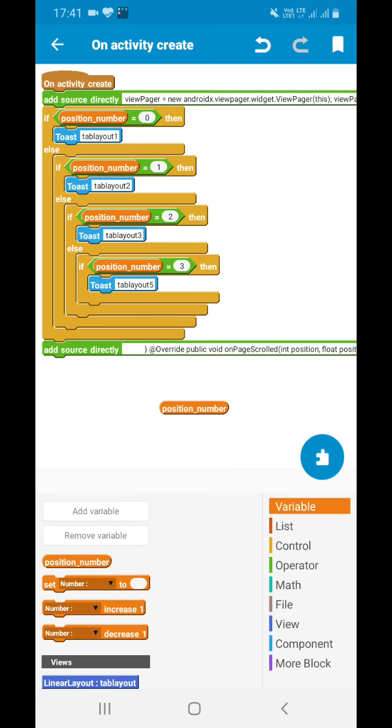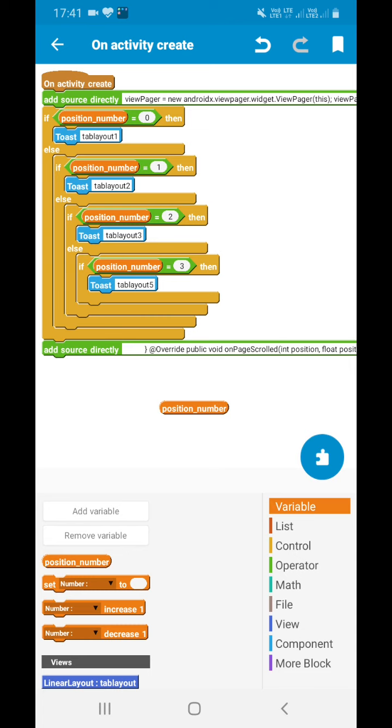Then you have to give 4 if else, sorry, 3 if else and 1 if. Where position is 0, then tab layout 1. If position is 1, then tab layout 2. Here you have to give your events, what will happen when we are going to tab layout 2, or when we are coming back to tab layout 1, whatever.